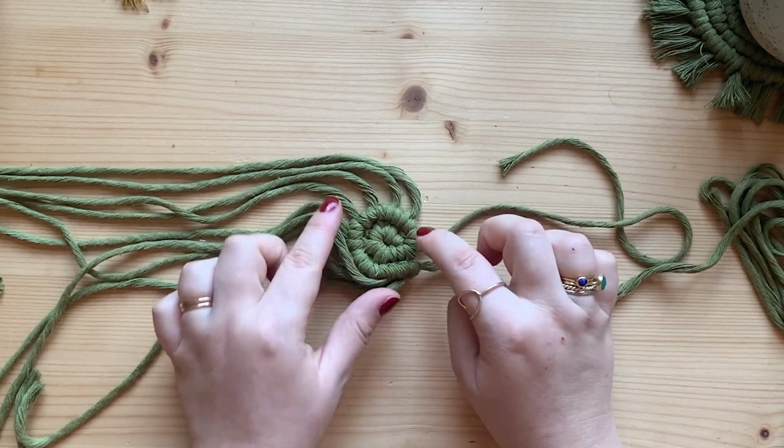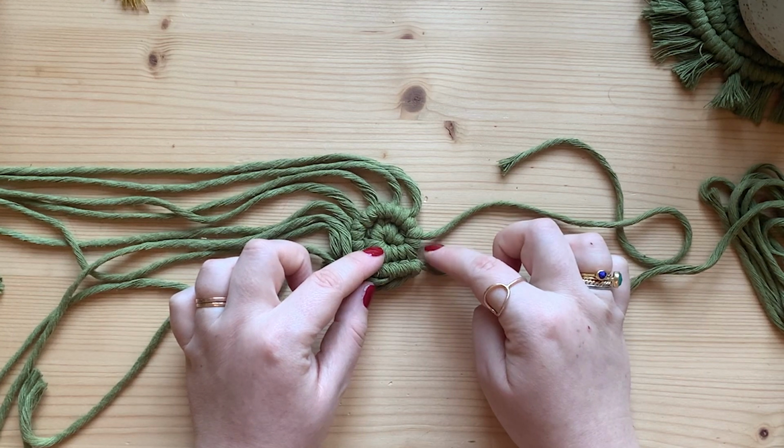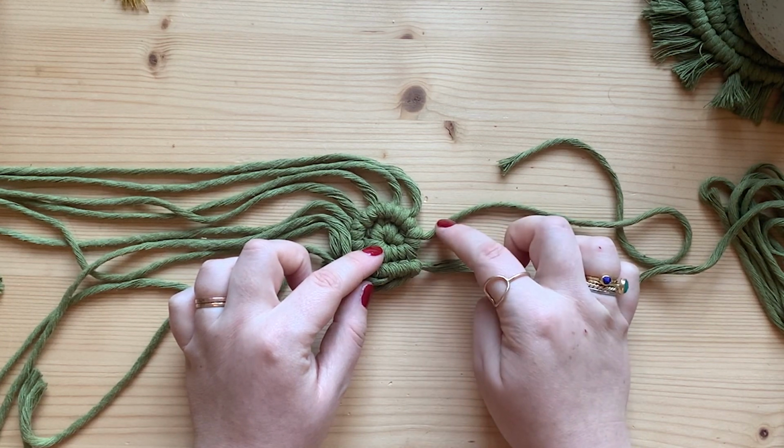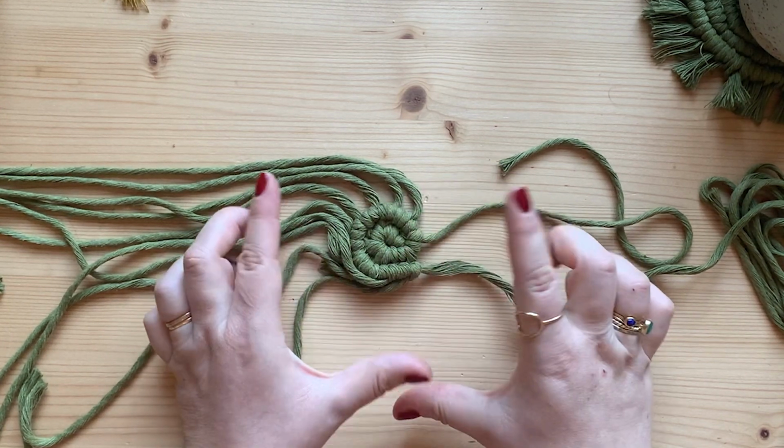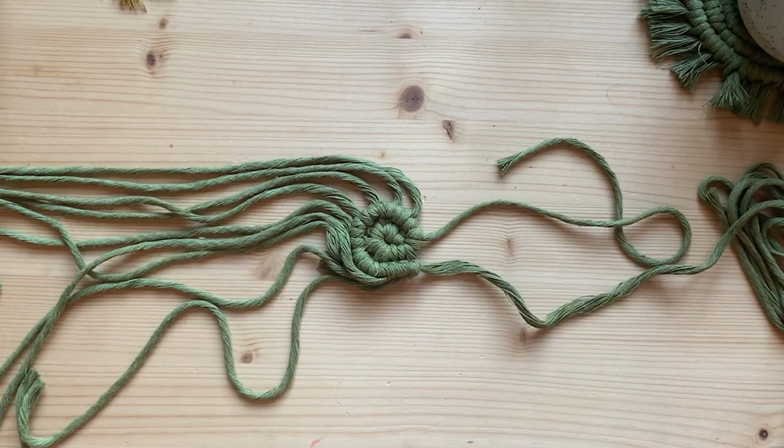So we've done one round of your coaster. So now you'll notice that there's a little gap here as we're moving around. So what will happen is as your coaster grows, you'll need to add in more cords as you go along. So taking one of the spare ones that you cut earlier,